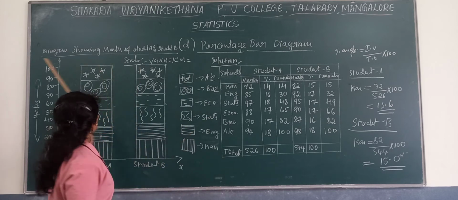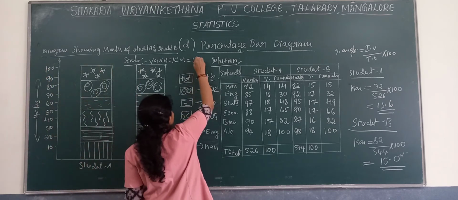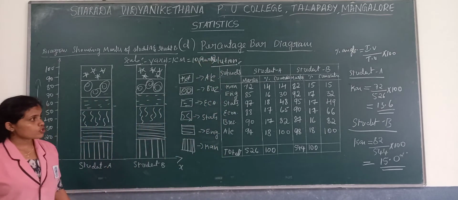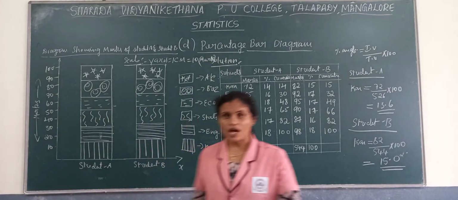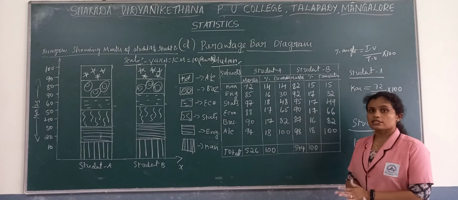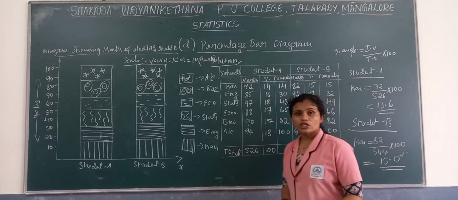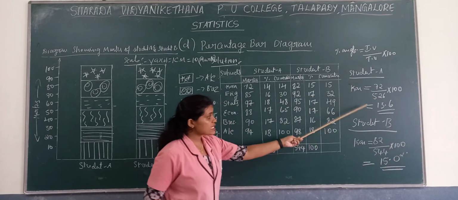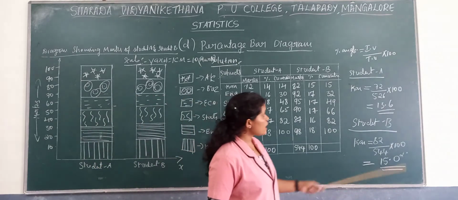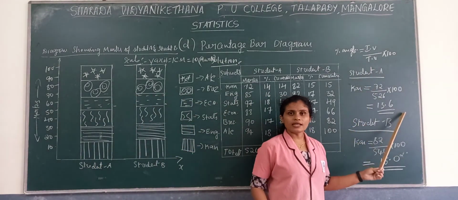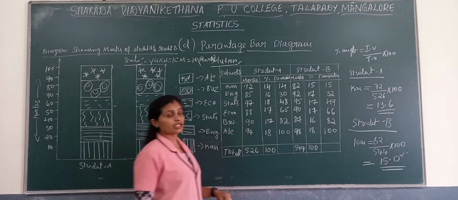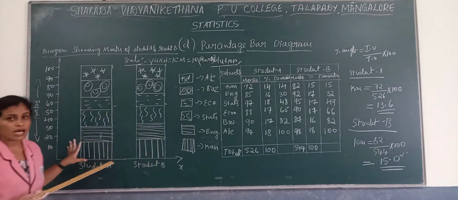What did we represent here? Marks. What was the gap? 10. The marks of 10. So this is the percentage bar diagram. As I said, it may come for 10 marks. If it comes for 10 marks, you need to show this calculation for all the values. If it comes for 5 marks, just show the formula, then show any one or two calculations as we have shown here. Then you directly come to the diagram.